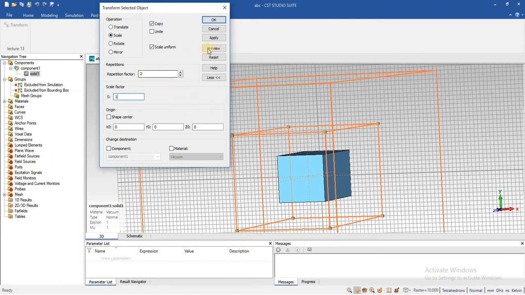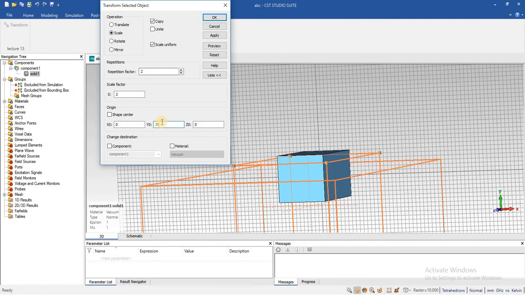I am going to change the scaling factor. And if I want to change the center position along the y-axis with a factor of 70, you can see there the object has been moved along this axis.